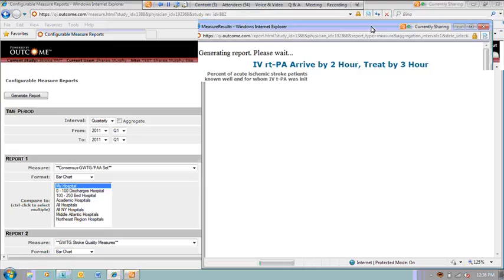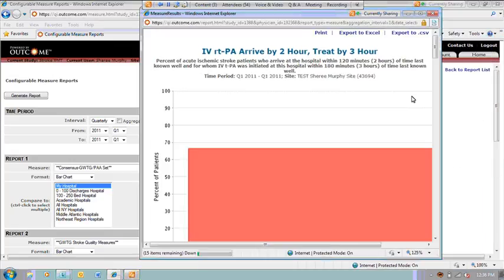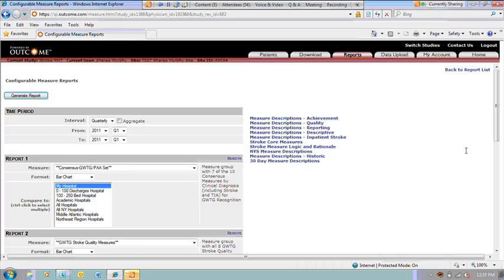And again, same thing applies. You can print it and bring it to your physician champion. But before you bring that report to your physician champion, we've identified a couple of areas where we need to focus our attention. So you can look like a real superstar by not just bringing that bar chart report, but actually taking a look and seeing what may be going on with the TPA measures, because we both weren't giving TPA to all of our eligible patients according to the report we generated, nor were we giving TPA in a timely fashion. We weren't hitting that 60-minute mark.